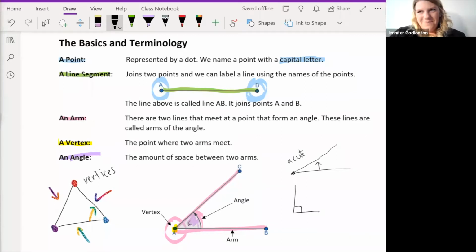It's a right angle. Yes, absolutely, well done. It is 100% a right angle. Nice. Guys are nailing it. Then we've got,